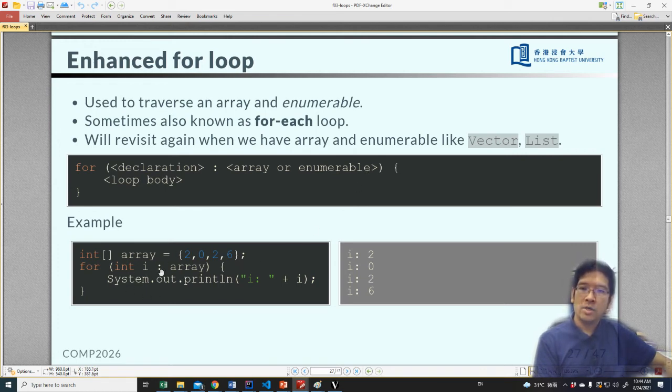We say int i colon array. What that means? Now assume you must have heard about array in your previous programming course. We haven't really talked about the array syntax in Java, but please bear with me. This is an array. Each of the elements inside the array will be taken out sequentially and assigned to the value i. So the value i will be here, and we're going to print the value sequentially. We don't know how many times it has been executed, but we know we will list out every element